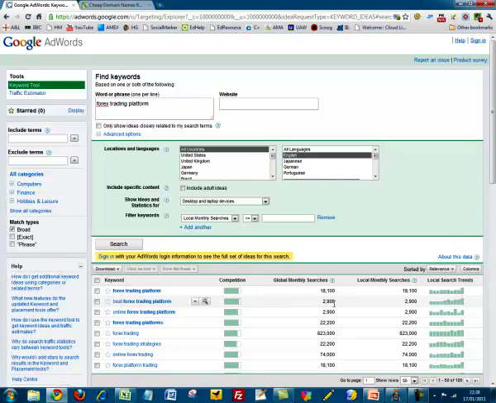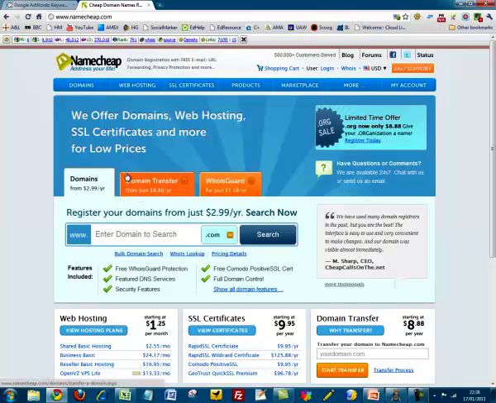Okay, so the next thing we want to do is check to see if this exact match domain name is available. So what I'm going to do is jump over to Namecheap, which is the website I like to use to register my domains, and in the main search box I can type in this keyword that I'm interested in targeting for my website. So I'll type that in. Okay, best Forex trading platform, and it's set to .com because obviously I'm interested in targeting a global audience, and I know a .com is definitely the most powerful domain name extension for that. So I'll go ahead and click search,